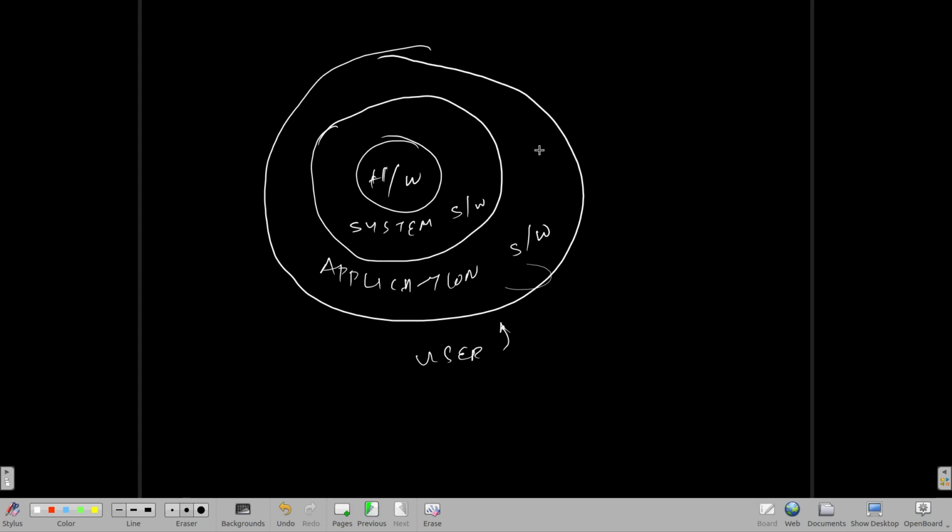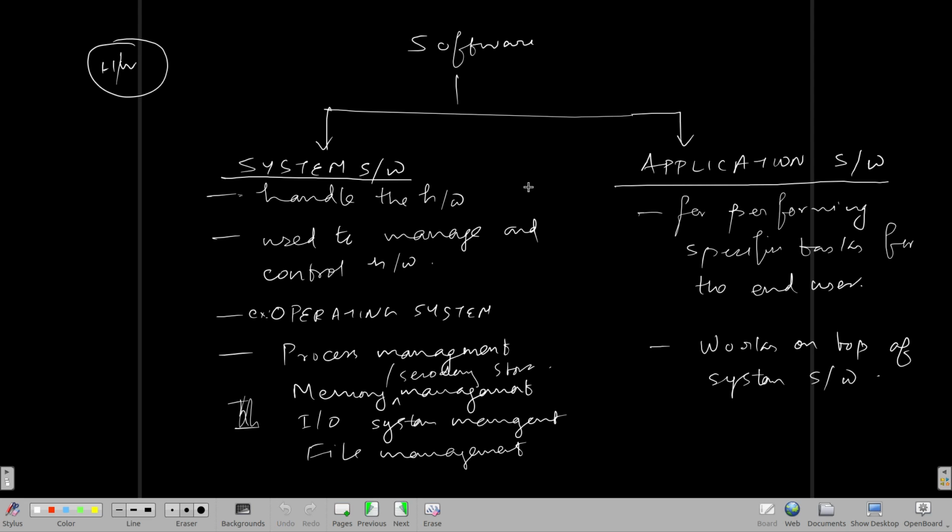right? And application software is a layer that runs on the system software, which in turn manages the hardware. So this is a brief description regarding the types of software, system software and application software. Here, for example, you can write a browser, a media player, even in your mobile phone, different apps are there, right? All those are application software. Any app that you're using in your mobile phone is application software running on the system software. Okay,